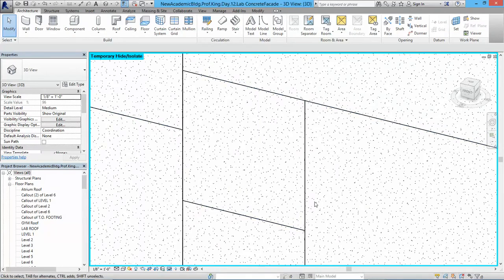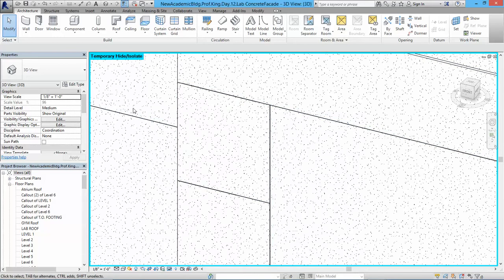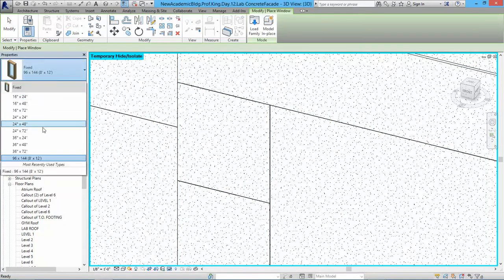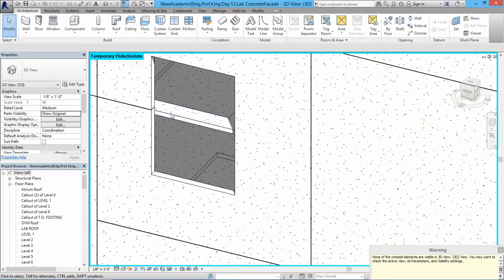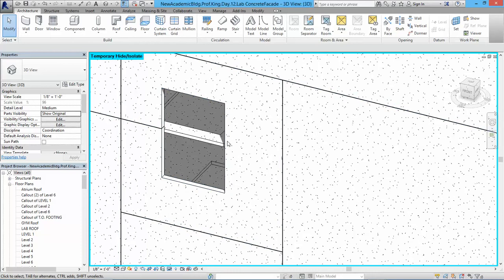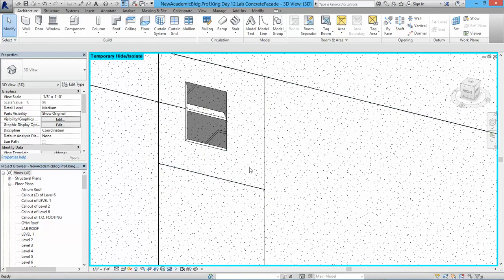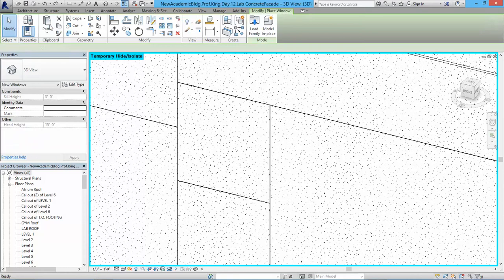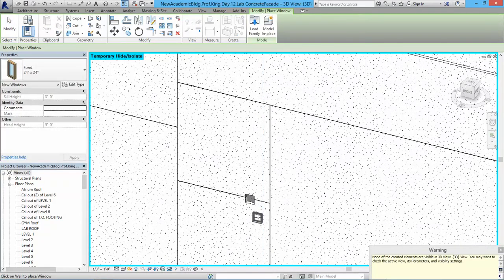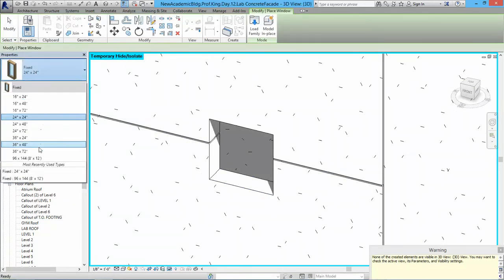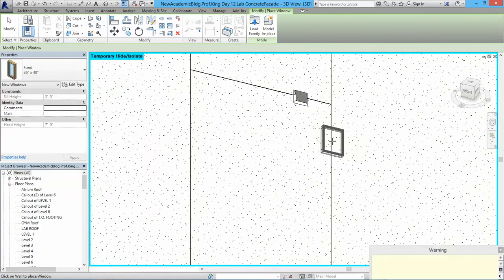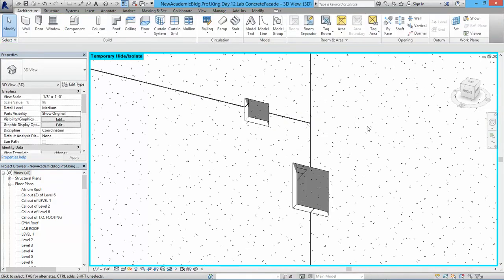At this point, probably the biggest confusion is how to start managing windows, and well, it's just as simple as placing your windows, and you can place them interiorly. Here we had obviously a problem of our slab, but you get the idea that you can place the window either inside of your element, or you can place the window cutting your rebuild elements. So let me do it again. Let's say big one here. Now the reason why we don't see the window itself is just because we have it hidden at this point,